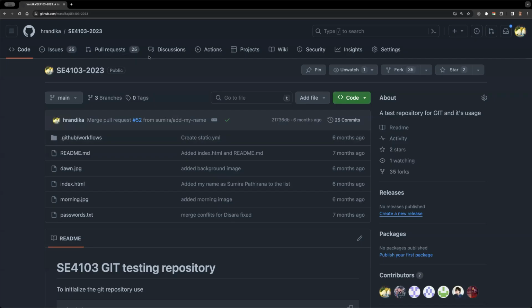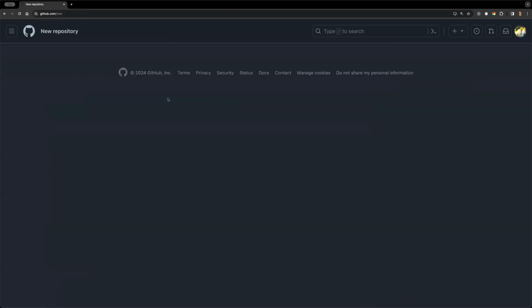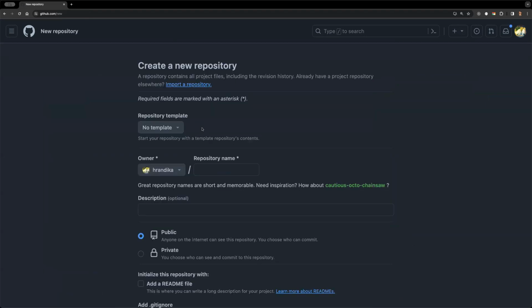I have this UI in here, and what I can do is create a new repository by clicking on this plus button over here. It might be different than any other Git clients that are available. So we will create a new repository in here, and within the new repository, I have the owner and